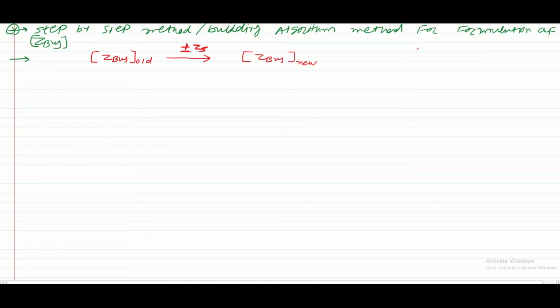Let me again recall to you, addition of an element. Addition of an element is possible when there are two possibilities. The first one is addition of a new transmission line, and the second is addition of a new generating station, or I can say generator.